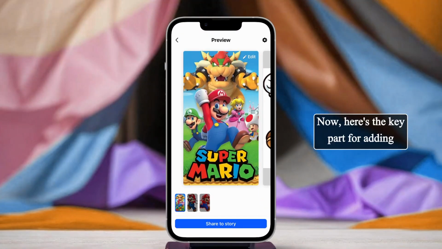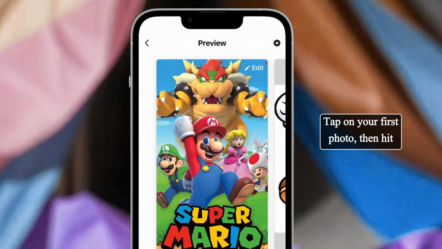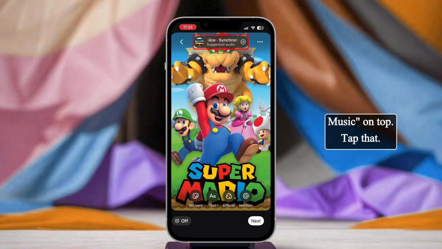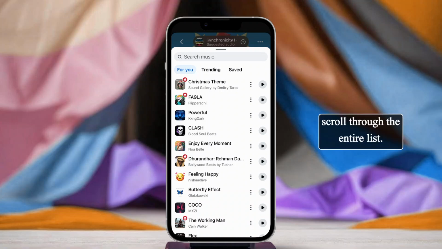Now, here's the key part for adding music to Facebook stories. Tap on your first photo, then hit Edit at the top. You'll see an option that says Add Music on top. Tap that. This opens the Facebook Music Library, where you can browse categories, search for specific songs, or scroll through